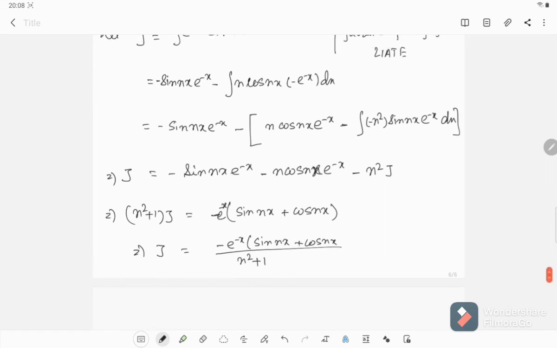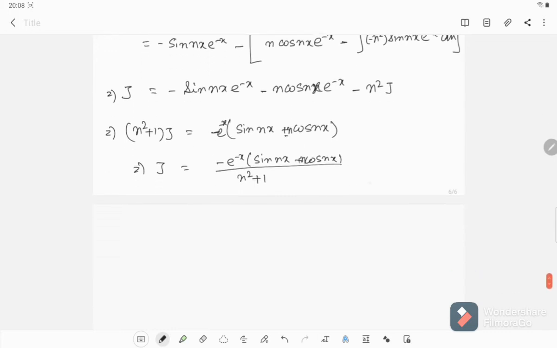One minute. There is n cos nx. I have made a mistake, that n should be there, right? So let's give it 4a. Using equation 4 and 4a, we obtain